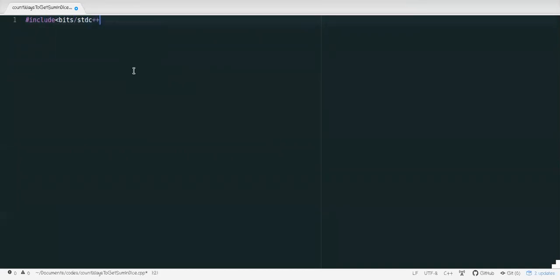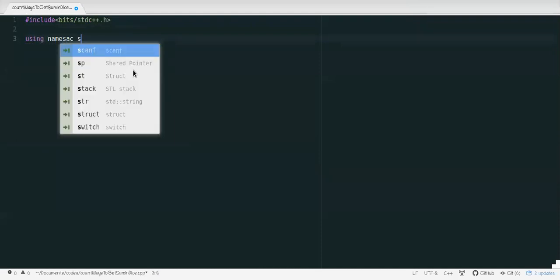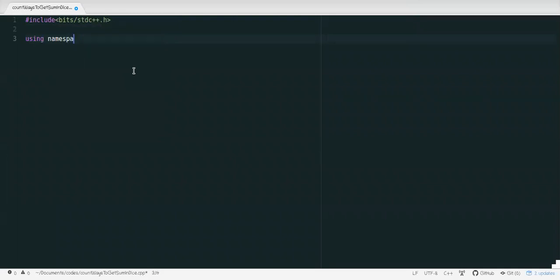Let me quickly write it. All right, so let's say the total number of faces is 4. And k means total number of trials, right? The total number of trials is, let's say, 2, and the given sum is basically 4.